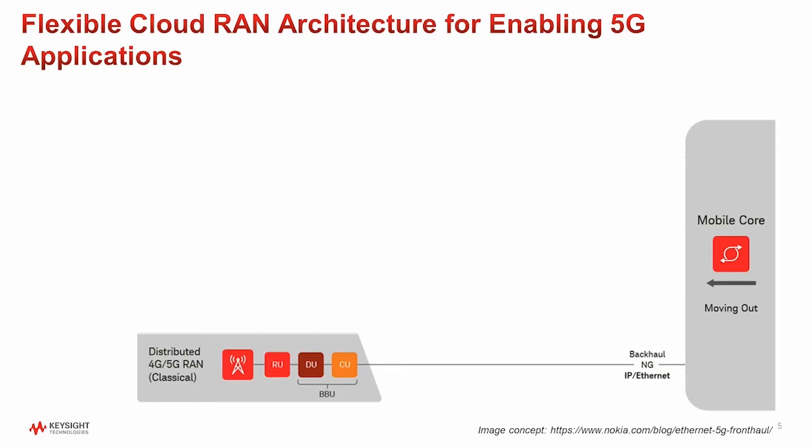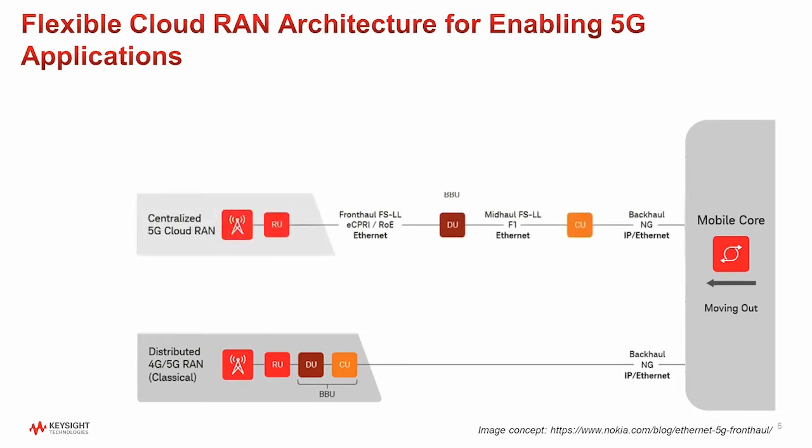This cloud RAN enables the operators to address different application requirements by locating the storage and compute resources either at the base of the cell site, or maybe hundreds of kilometers away from the cell site, or anywhere in between, as we can see in the slide. For example, the operators can support latency-sensitive applications using multi-access edge computing data centers that are located closer to the serving cell site.